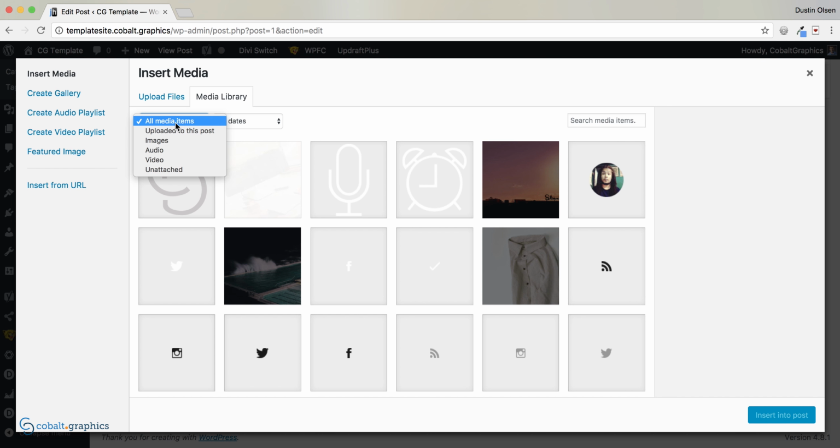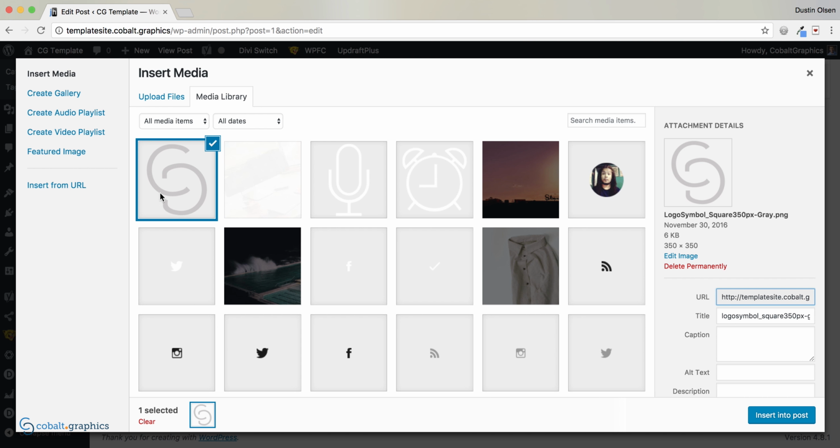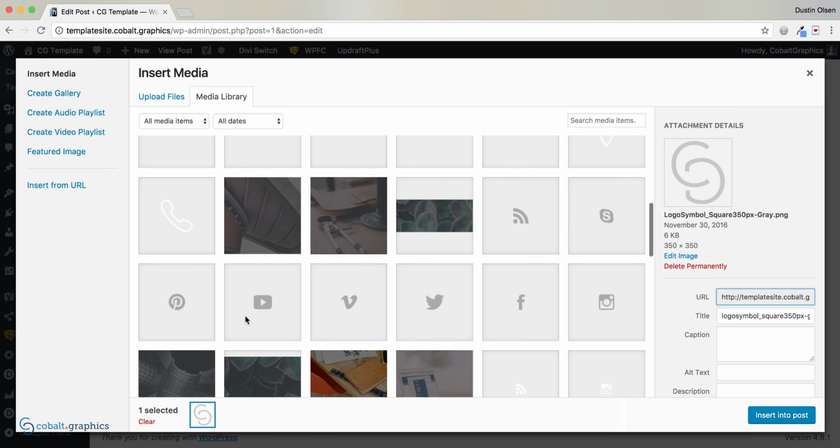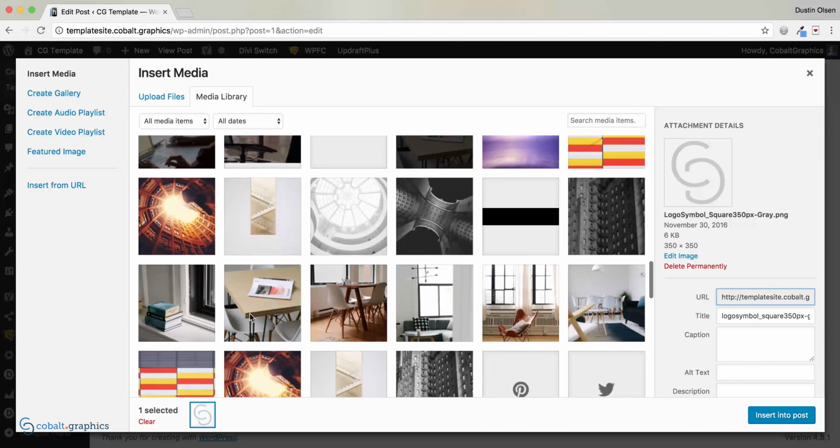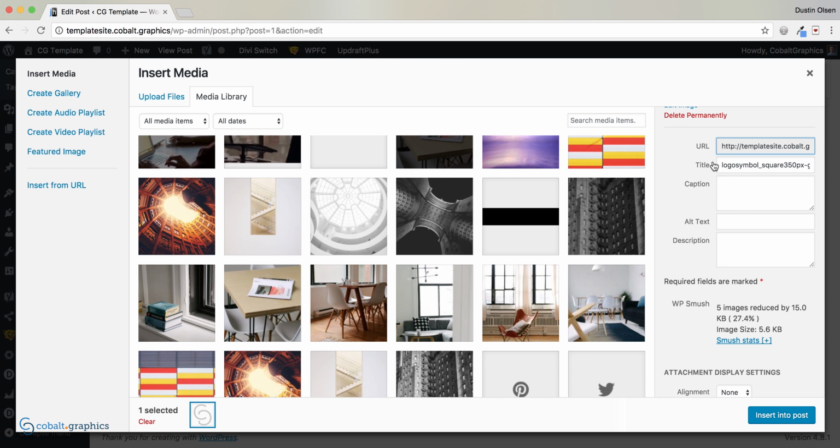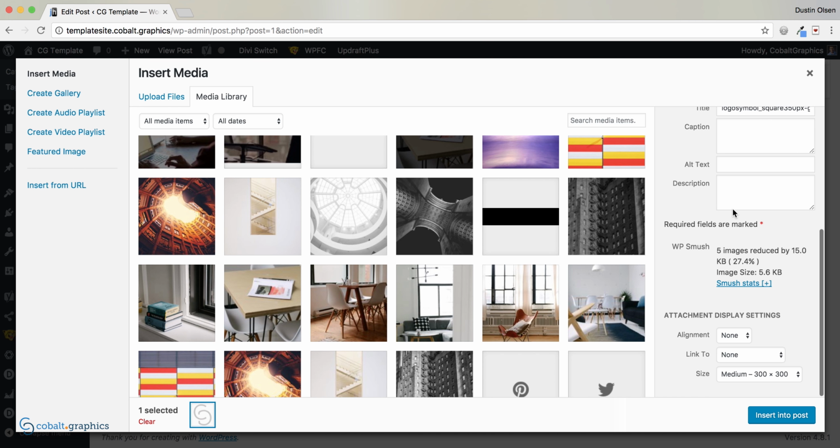We should have our media items, the dates, a search field, and then our thumbnails of all the graphics that have been uploaded, and we can still edit the same content here, although we do get some attachment display settings here at the bottom. We can set alignment, so left, right, center, and none, and we can create a link to something specific. Typically I do none,